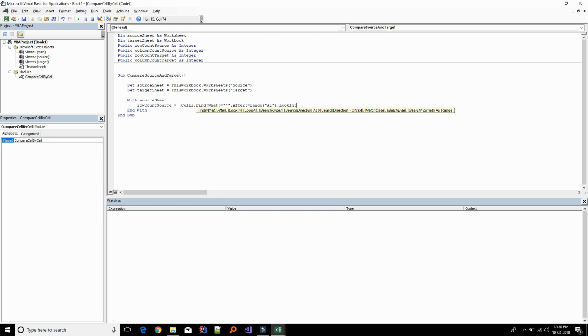Look in, you can say Excel part or whole part. It means in a cell, it wants to look for the full cell or just a part, whether it is a blank or non-blank. So I'm going to say Excel part, and look at